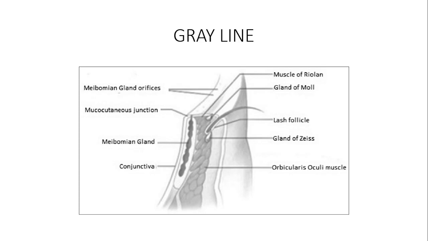Well, it's important to learn something very vital when you're talking about eyelid anatomy. For example, this is an eyelid, okay? We usually call it the gray line. Look at the gray line here. This is the gray line, okay? The gray line constitutes the most superficial portion of the orbicularis oculi muscle. I repeat, the gray line constitutes the most superficial portion of the orbicularis oculi muscle, and as the name denotes,